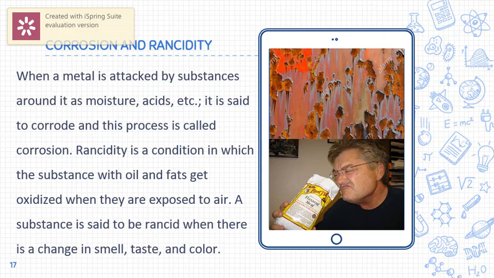What is corrosion? Corrosion is the slow destruction of a material. Whether it is wood, soil, a building, cement, a metal, or plastic, any material which undergoes slow destruction because of environmental factors, that is known as what? Corrosion. But among all the corrosions, metal corrosion is very important. Why? Because metals have become part and parcel of our life. We use many metals in the form of ornaments and for construction work. Therefore, metal corrosion is a great concern.